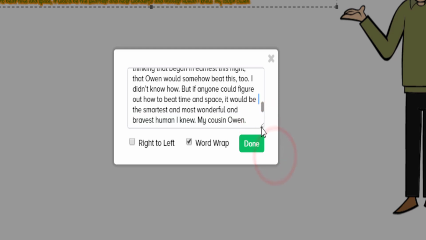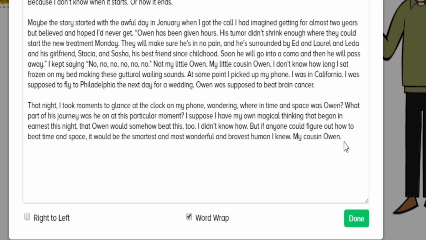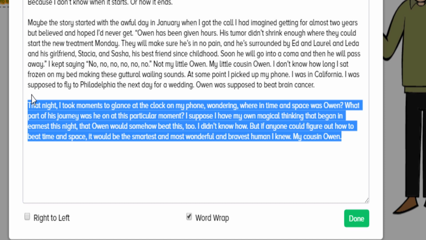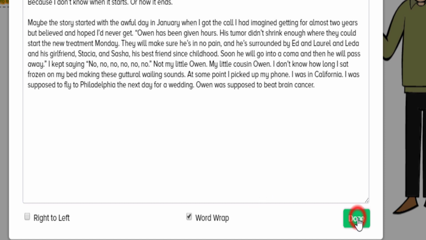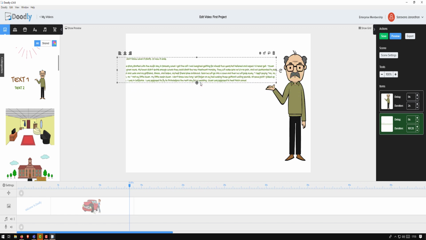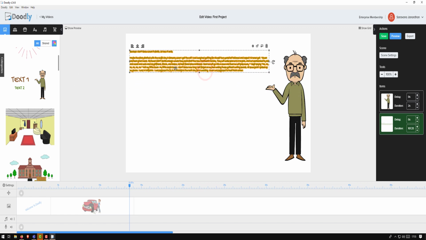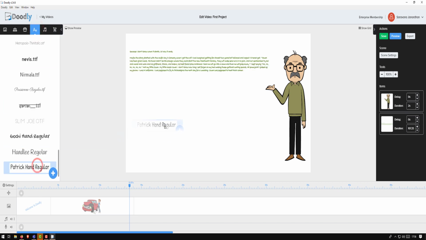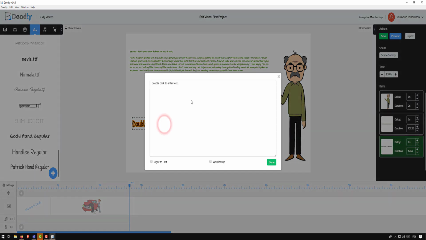So let me cut some part of the text, right? Or you can make it into multiple scenes. So scene 1 would be that, and then scene 2 would be the next part of the text. So let me paste this.